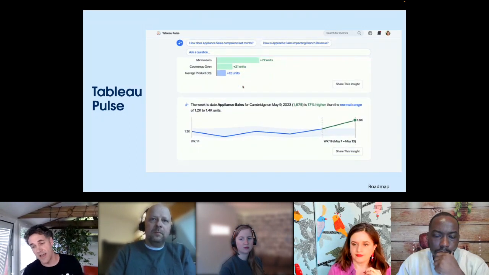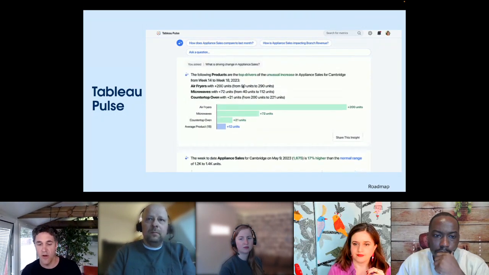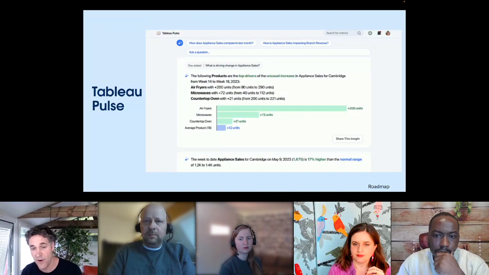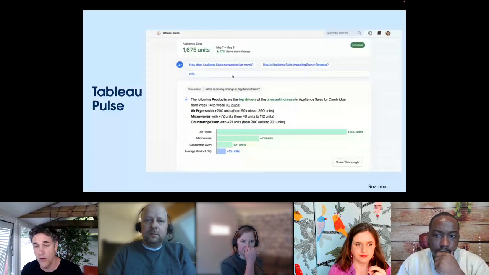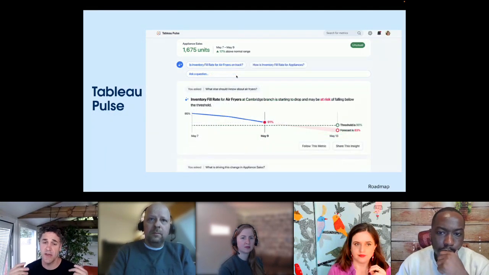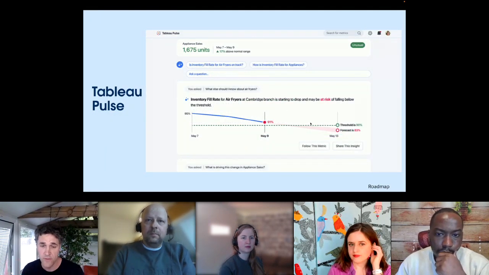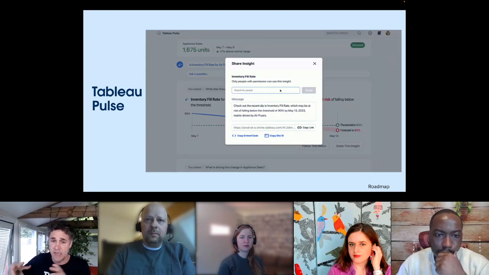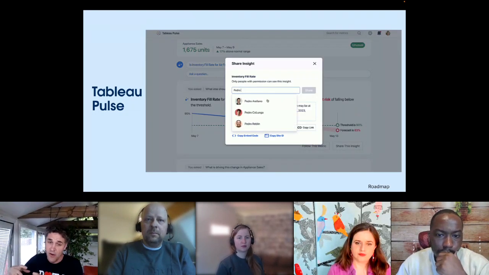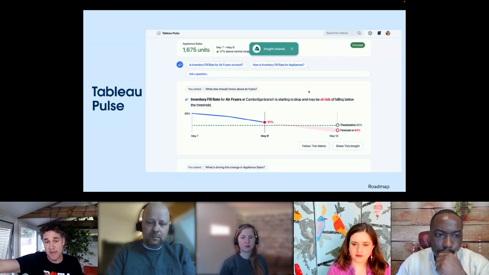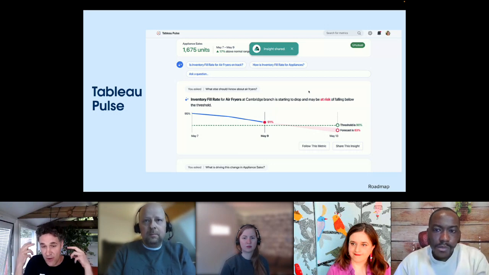In this case, at Tableau Conference, we showed this example of, I've identified that air fryers have had a spike in sales. Well, what else should I know about air fryers? And this is the workflow that we'll be enabling to get that other 70% on that path to becoming data rock stars. Because you've got to start somewhere, and this is an amazing way of starting to drive curiosity